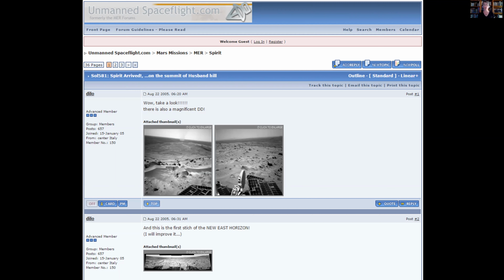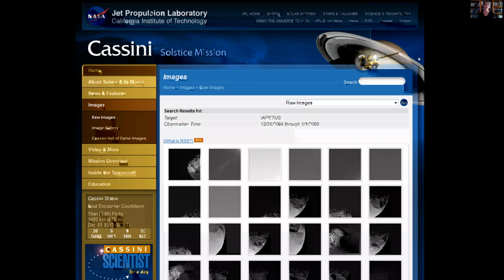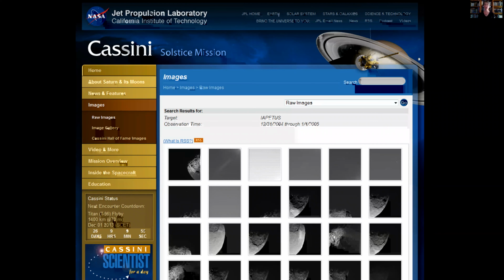At this time, I wasn't yet aware of this community. I was still working behind the scenes on an education project that was linked with the MER missions. So the experiment was so successful for JPL that they began to do it with several other missions, including Cassini. So Cassini arrived at Saturn in the summer of 2004, although they'd been putting images on the web before then. As they approached, they began their automated pipeline after orbit insertion when they arrived at Saturn in June of 2004.